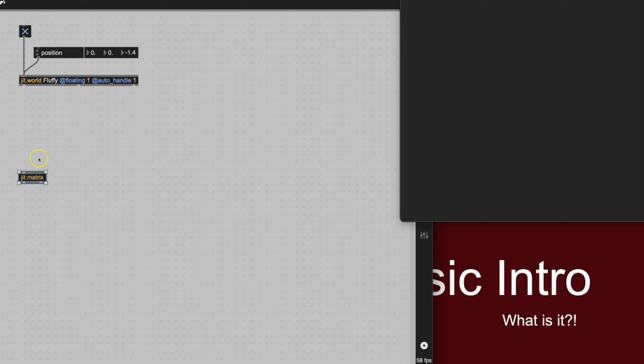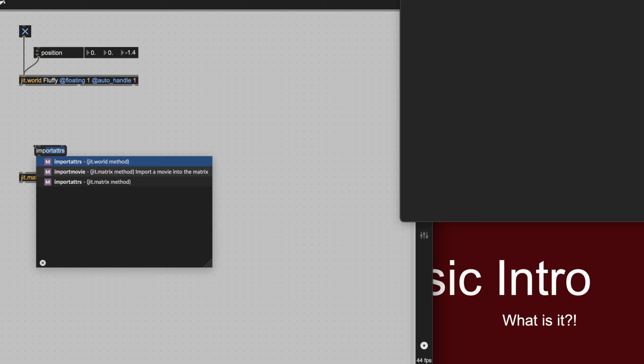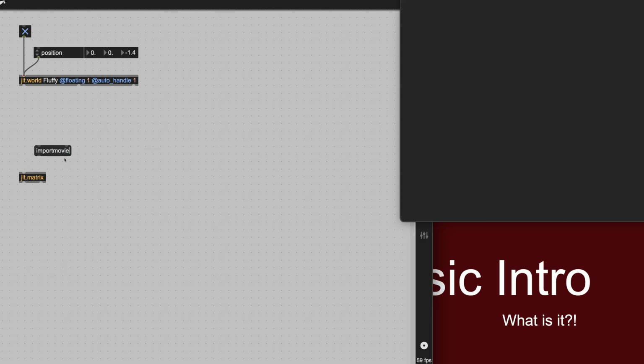All right, and what we're going to do is send it a message. Two messages, really. One is import movie. Import movie, see the Jit matrix method, and then we type space, and then the movie that we're going to import is